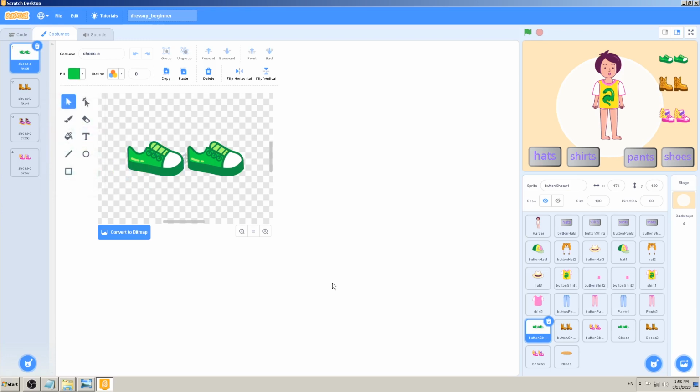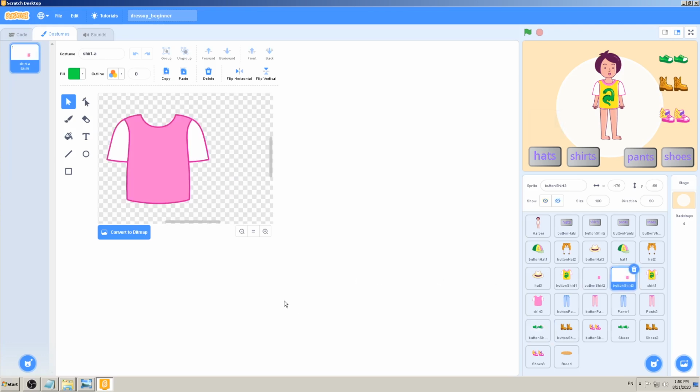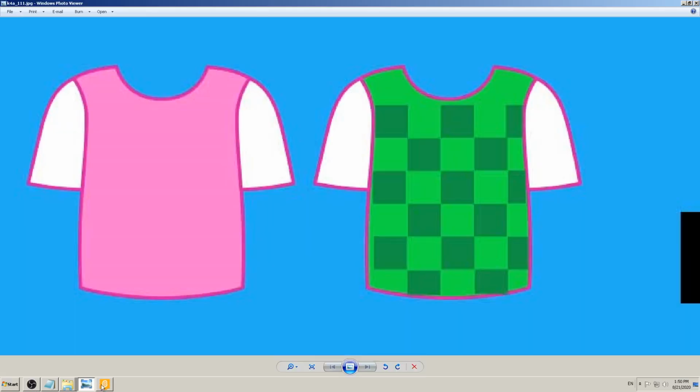But what do I want to change? Do I want to change and customize the look of the shoes? No, I want to change and customize the button shirt 3. So we have learned in a previous video, if I want to fill something fast with color, just click on it, and before that select the color. Cool, so this shirt now looks like this one